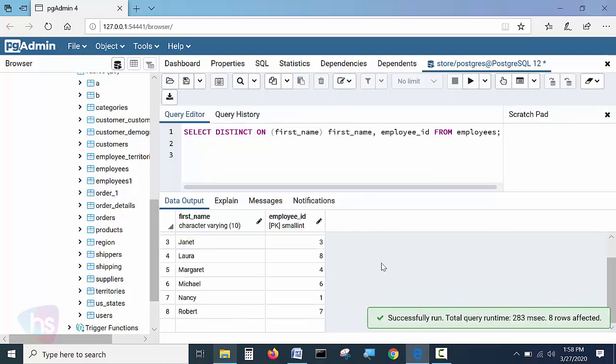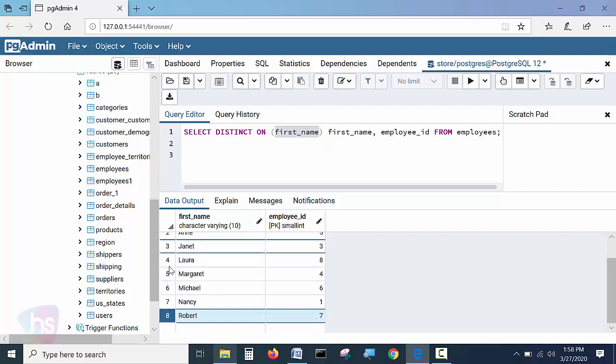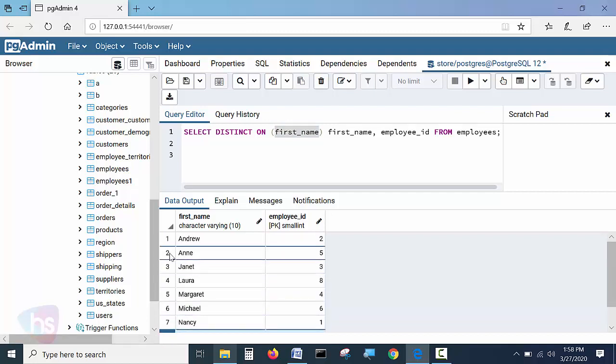Now you see I'm applying it on the first name column where we created a duplicate row. Earlier it was 9 rows, now it is 8 rows only. Annie is showing as a single row only. The rest of the Annie rows we created are eliminated from the result set, whereas the data is still present in the database. This is a very simple technique to remove duplicates.